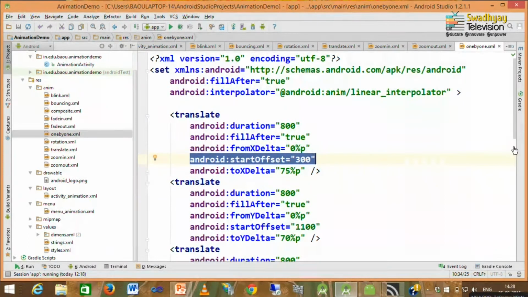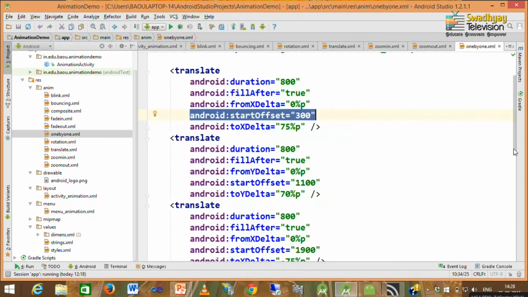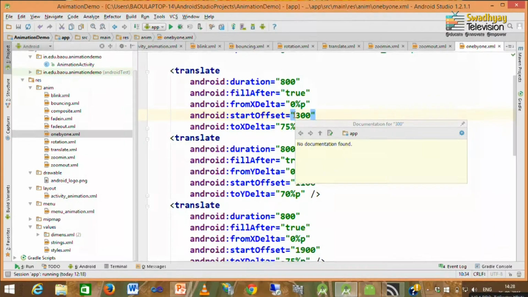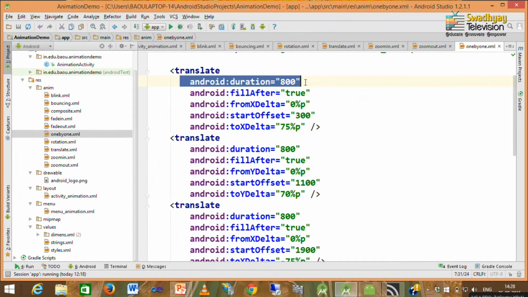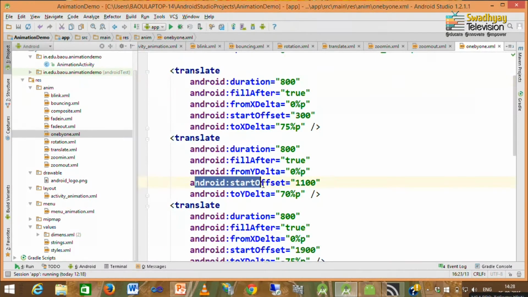This start offset means our animation starts after 300 milliseconds and runs for 800 milliseconds. So, the start offset for the next animation is 1100, that is, the second animation has to wait a total of 1100 milliseconds, and its duration is 800.